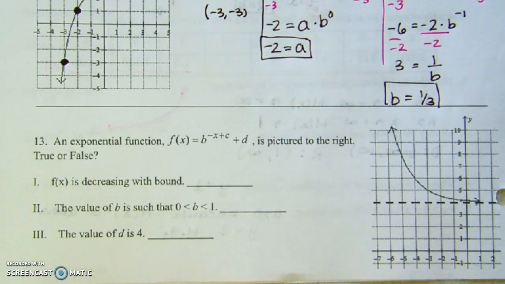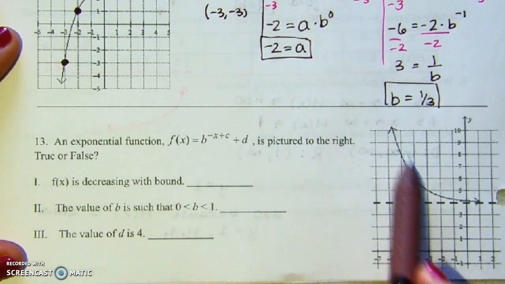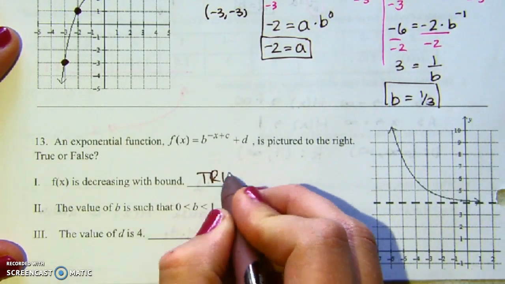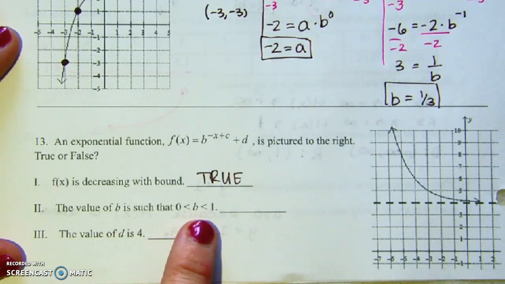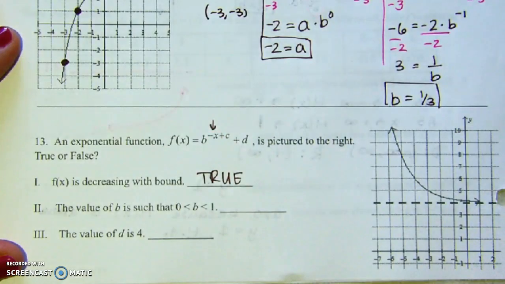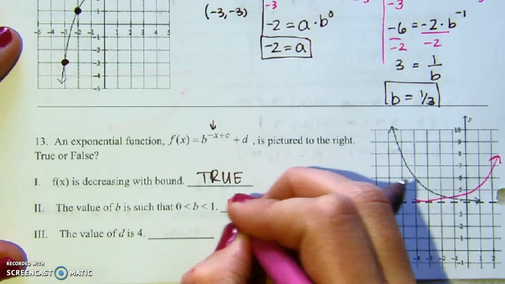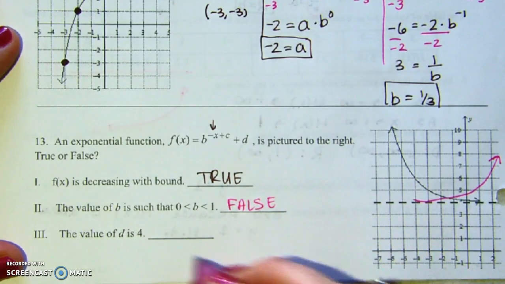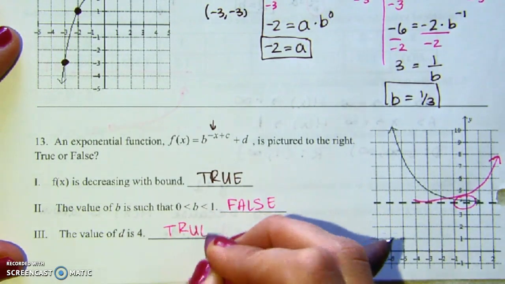Let's do this one real quick. True or false? Is f decreasing with bound? I'd say true. Sorry, the answer is true. Is the value of b a fraction? That's a no because of this reflection. This had a y-axis reflection here, so this is false. And the value of d is 4. Is the y-intercept at 4? Or the horizontal